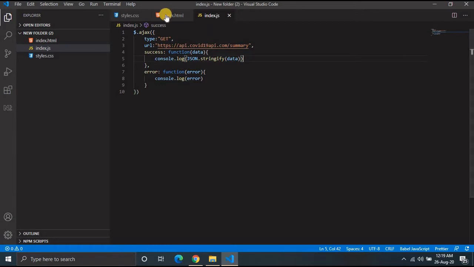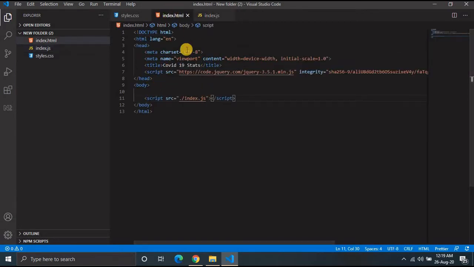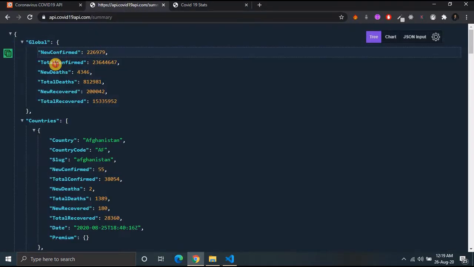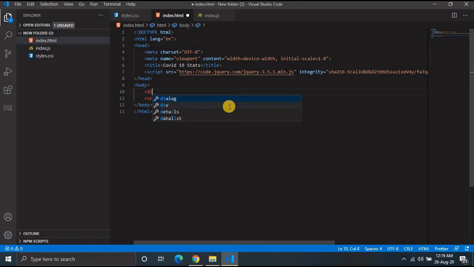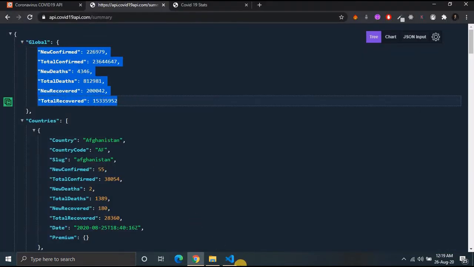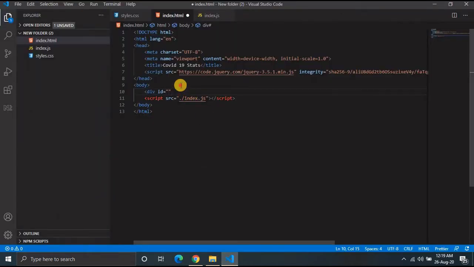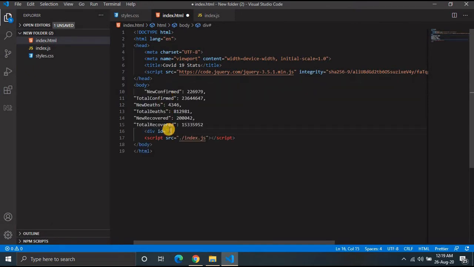So let's use our data to show over in our HTML file. So we can see here there are 1 2 3 4 5 6, there are 6 fields here, so we have to show all the 6 fields. So let's try to show all. So I'm just making empty divs with IDs. The first one is, I'm just copying over it, new confirmed. So let's say new cases is our first div. Second div is